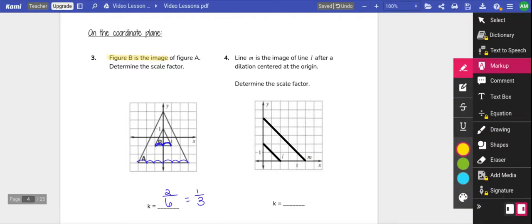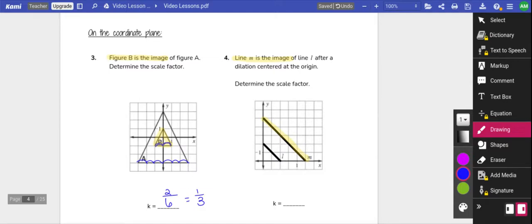This next one says line M is the image. Maybe I'll even highlight the image. Okay. Line M is the image of line L after a dilation centered at the origin. Determine the scale factor. So sometimes it's not nice and neat for us on a flat line. Instead, we're going to have to find the center, in this case the origin, and we're going to count from the center. So L is 2,